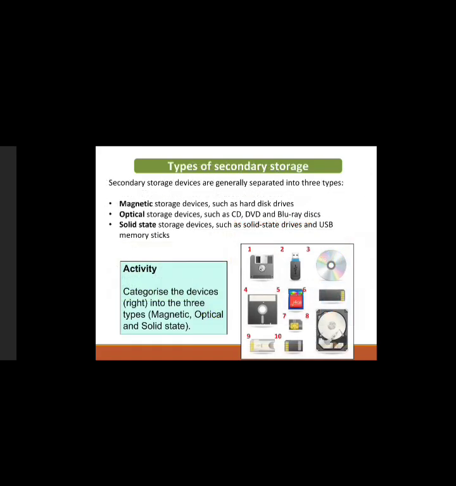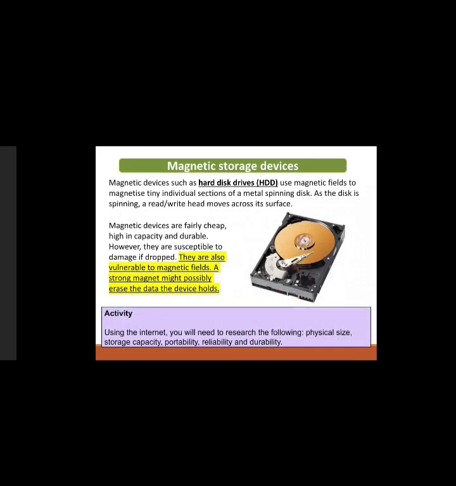We have magnetic, an example of this is the hard disk drive, or HDD. We have the optical, examples of this are the CDs, DVDs, and Blu-ray disc. We have solid state drive, examples of this are your USB flash drive and your solid state drives, your SSDs. Now, when you talk about magnetic devices, such as the HDD or the hard disk, it uses magnetic fields